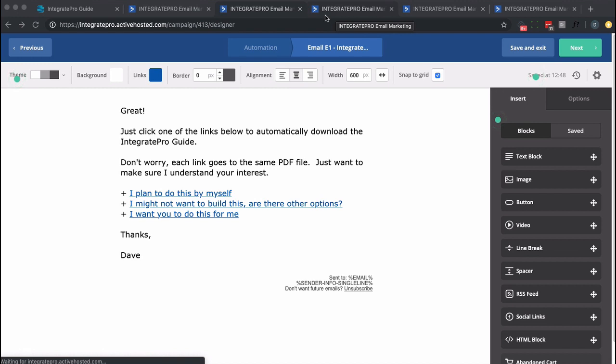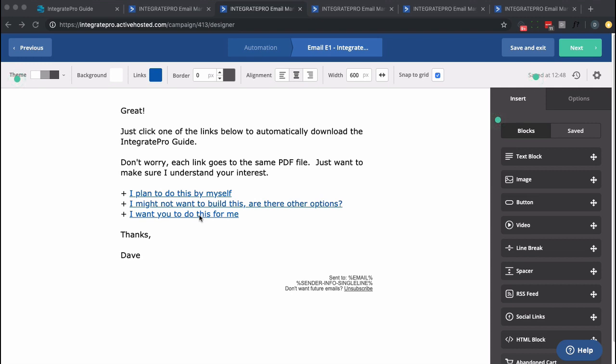So at this point, they've clicked the link that says they're confirmed, they're interested. Now I'm ready to deliver it. But guess what? I make it a little bit challenging, teeny bit. I'm asking for them to tell me something about themselves. So in this case, it's about a membership site. They plan to do it by themselves, or they might want some other options, or they want me, my team, to do it. So I want to segment them a little bit by giving them an option to click on